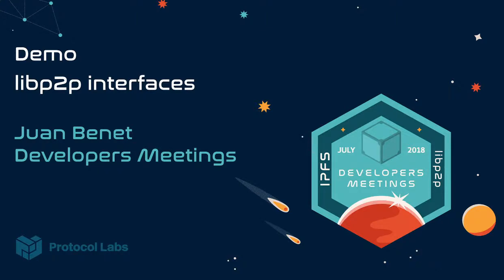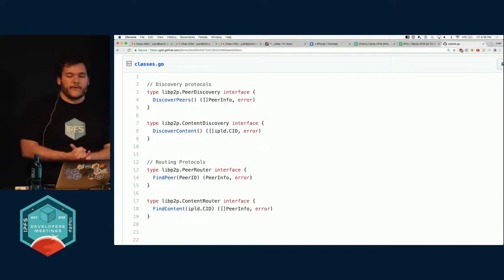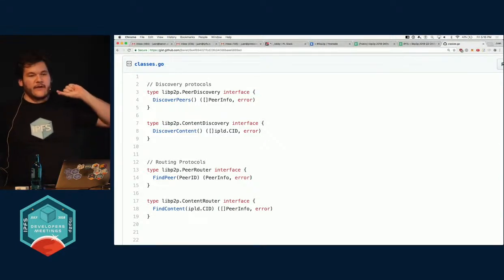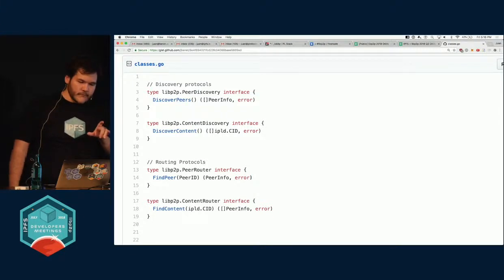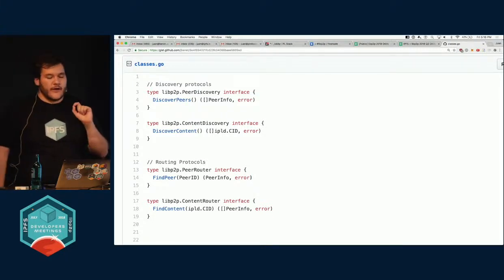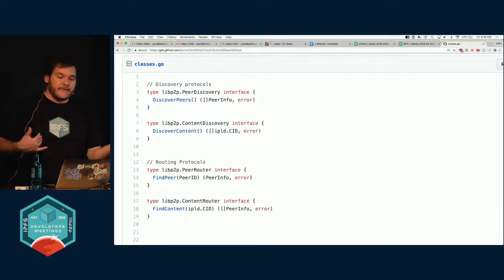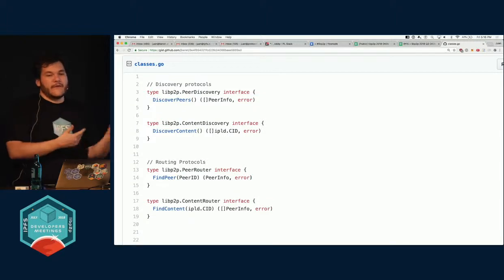All right, so what is this? This is a goal to describe, in a language that is not exact Go, the libp2p interfaces as succinctly as possible, and to try and get some structure that we can then use to potentially compile into